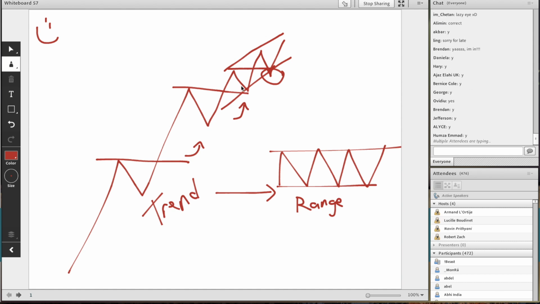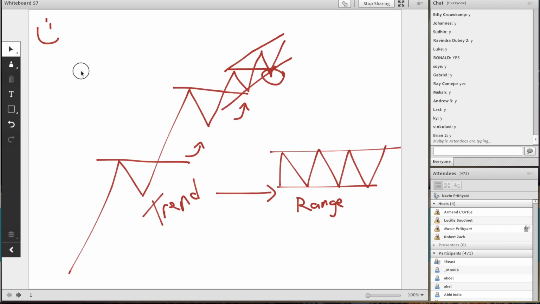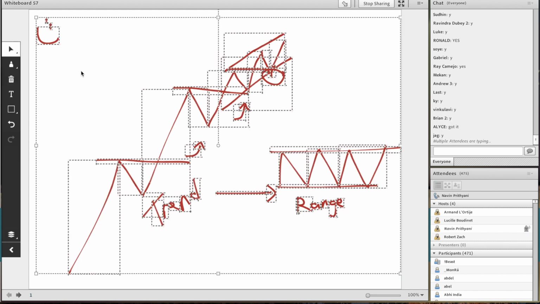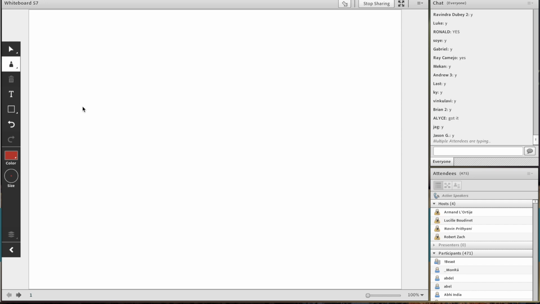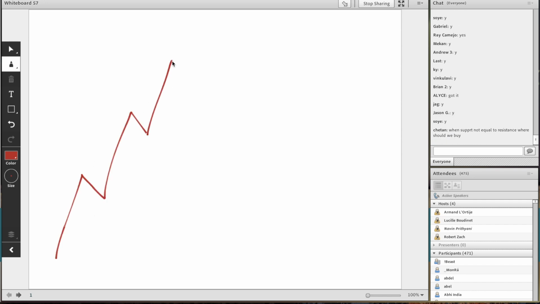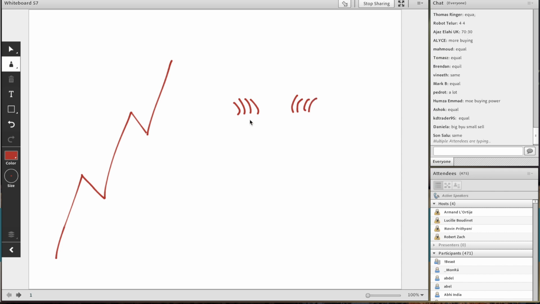Okay. Now, let's start with logic first. You need very important logic. This is very critical, so pay attention. This piece here, I want you to think in terms of muscle power. Let's say this is the buyer, the power of the buyer. This is the seller. How much buying power do we have? How much selling power do we have? I want you to just imagine. I'm just drawing it randomly.